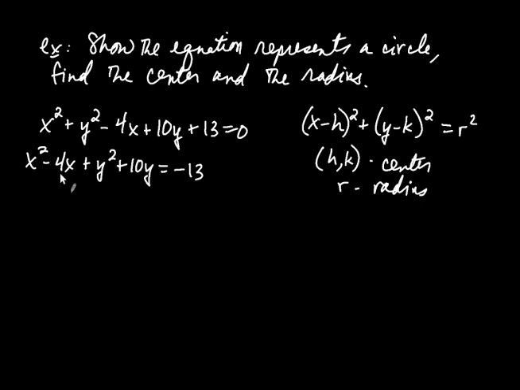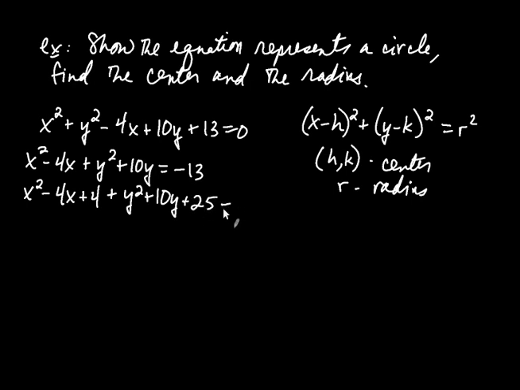Then you take the middle term, the one involving x, and you take the coefficient, which is negative 4. You take half of that coefficient, which is negative 2, and then square that. When I square negative 2, I get positive 4, and then I add that in. So I'm going to write this, x squared minus 4x, and then plus 4. And we'll see what effect that has in a minute. Let's do the same thing with these terms. Check to make sure the coefficient is a 1 on the y squared. It is. Take half of the coefficient attached to the y. So half of 10 is 5. Square that 5, and that gives you 25. So we're going to add that in as well, and we get plus y squared plus 10y plus 25.